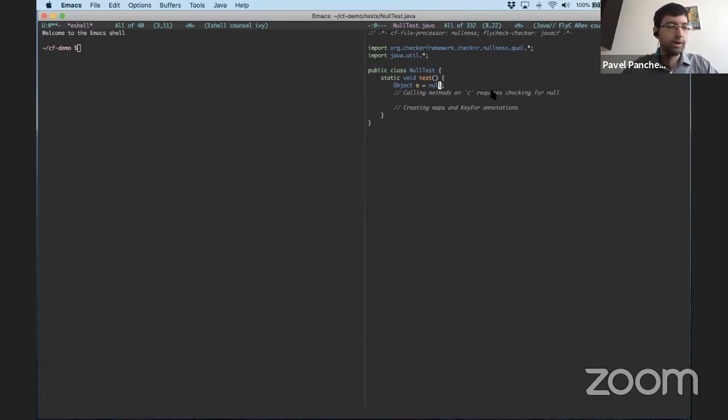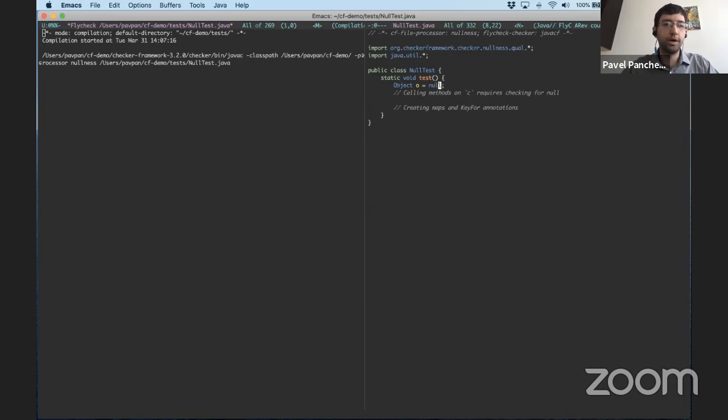Let me check that it's running in the background. Yeah. The way that you run the Checker Framework is by executing the Java compiler, so that's the javac right here, and telling it that you want it to use a processor to process the file before it compiles it.